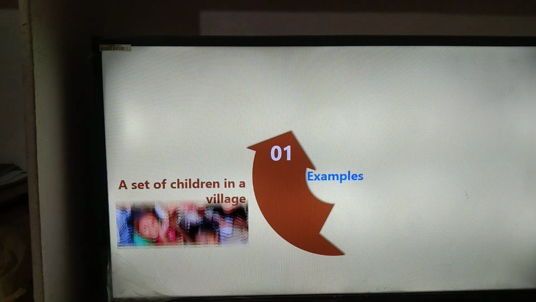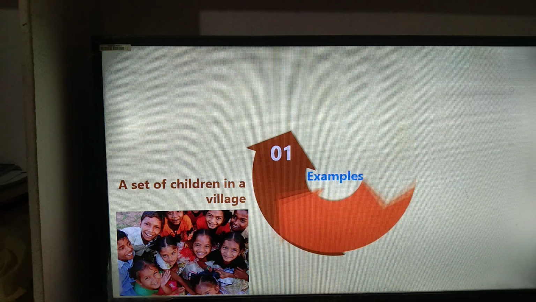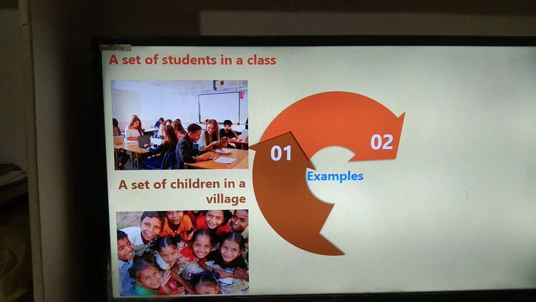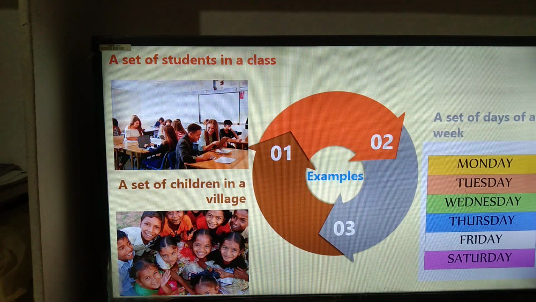Examples. What do you mean by a set? A set of children in a village. And then a set of students in a class. And then a set of days of a week. See, if you observe here, everything is a set. A set of children in a village, a set of students in a class, a set of days of a week. These all are examples of sets, right? Now,